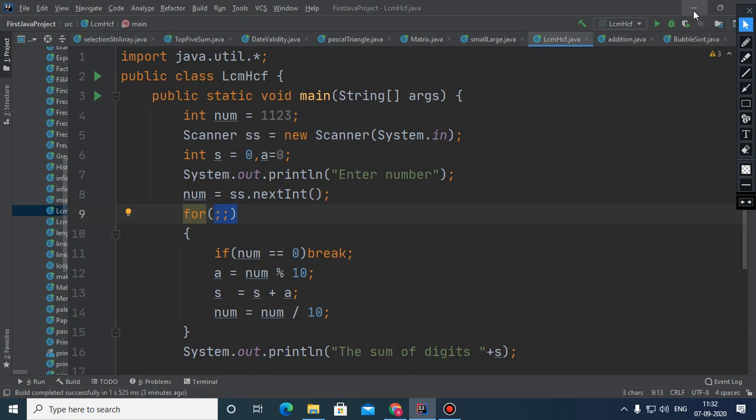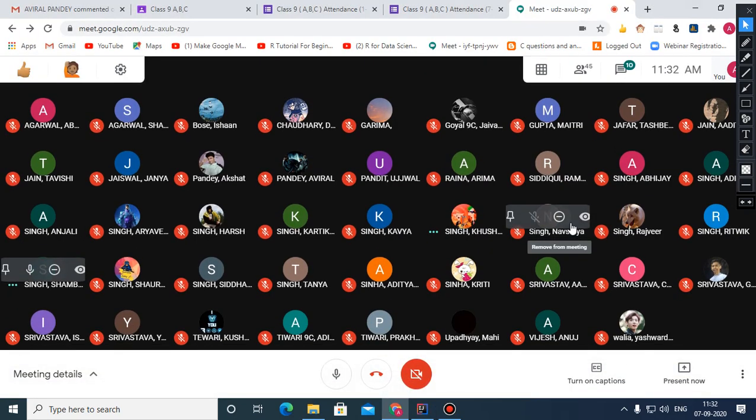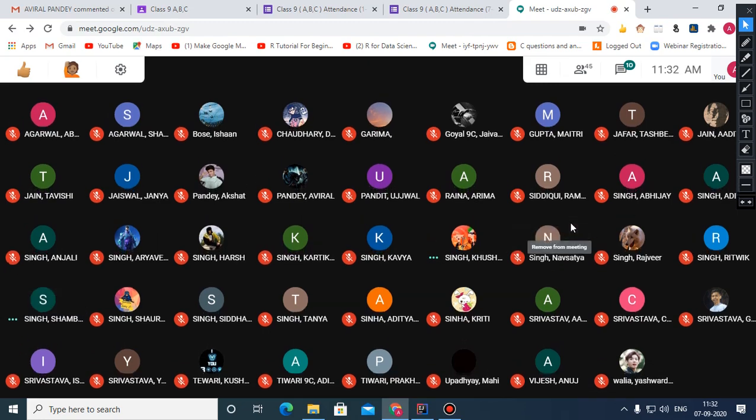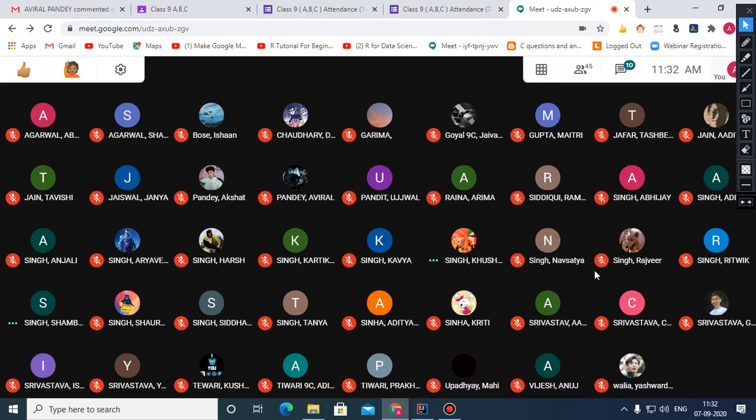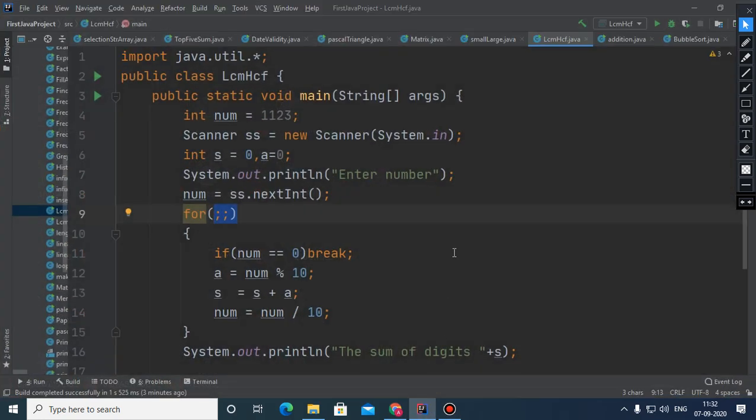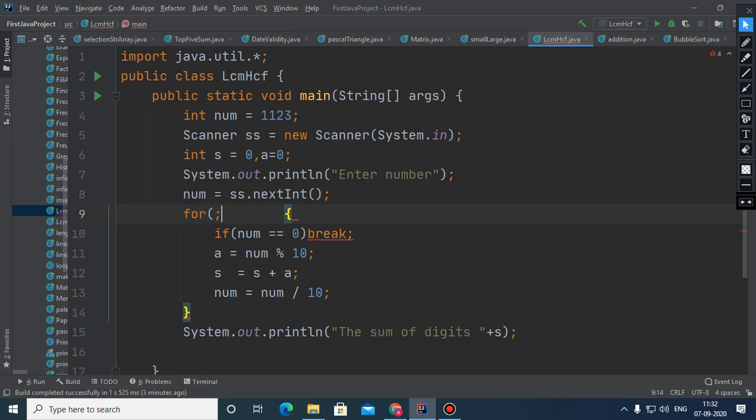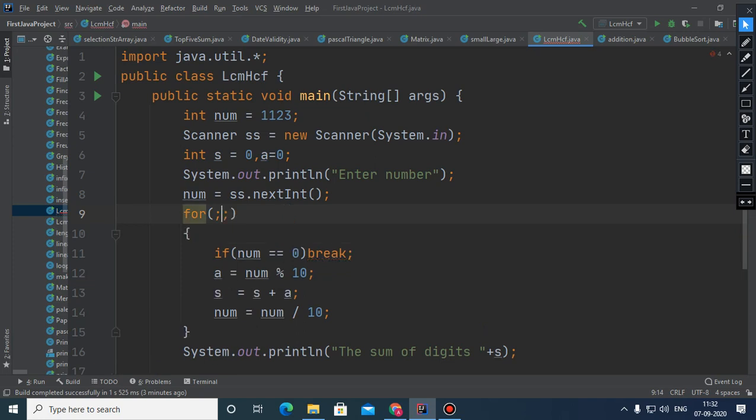Children, what is the purpose of break? The purpose of break is to terminate a running loop. And how are loops terminated? Loops are terminated when the given condition, this part, becomes false, or within the loop body you write any statement which forces the loop to terminate.